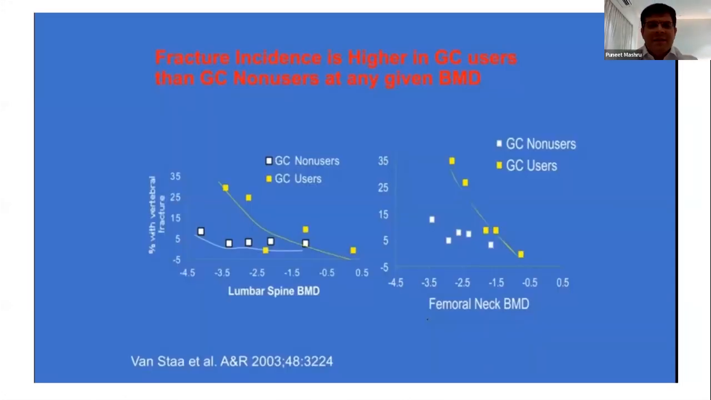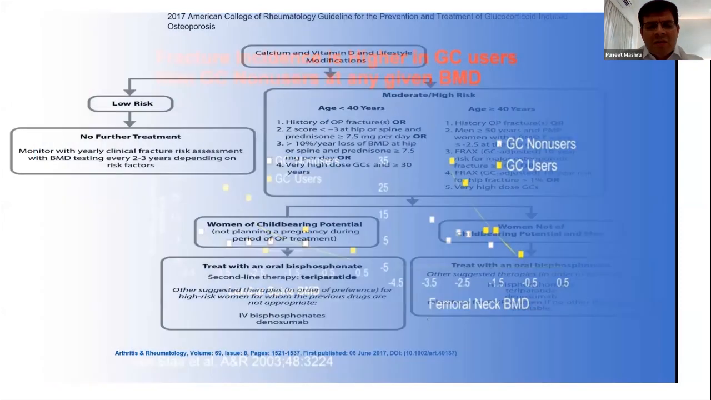Yes, and so with GIOP, it has been seen that a fracture occurs even at a higher BMD. So even in the osteopenic range and normal BMD values, there are fractures that occur. It is because of a change in the microarchitecture. So BMD is not able to assess the microarchitecture of the bones, and so we use